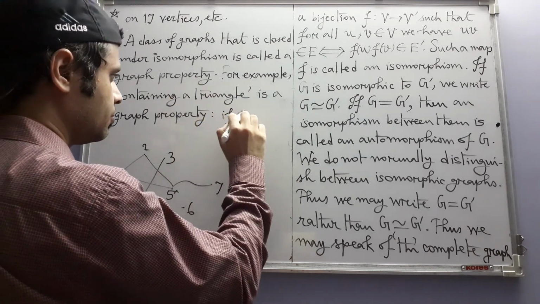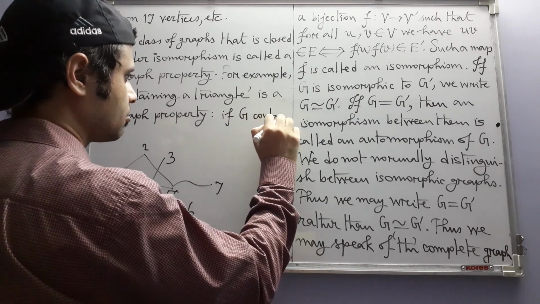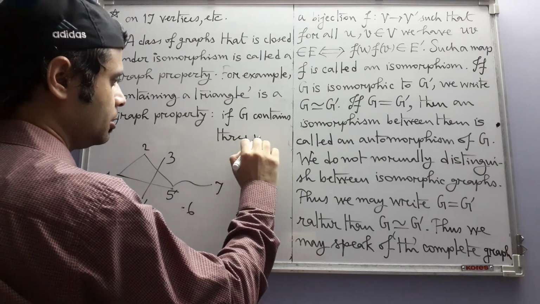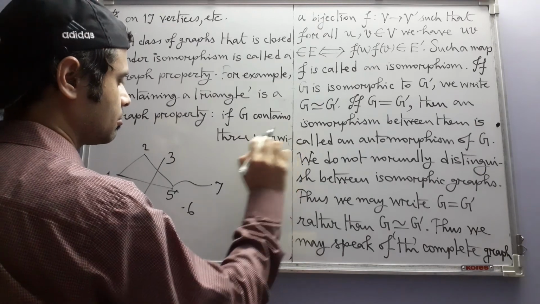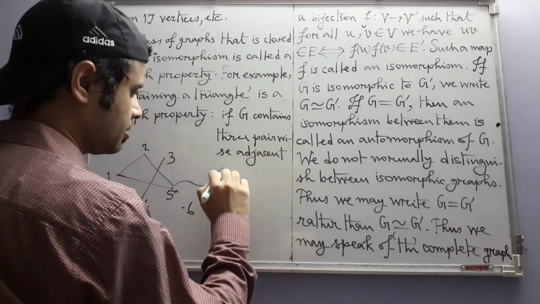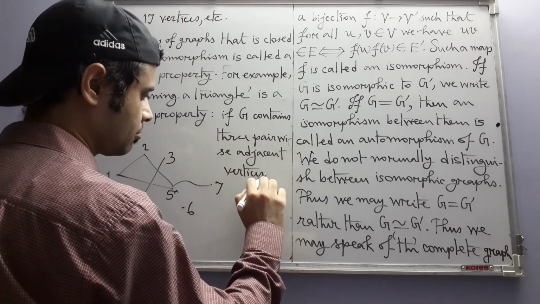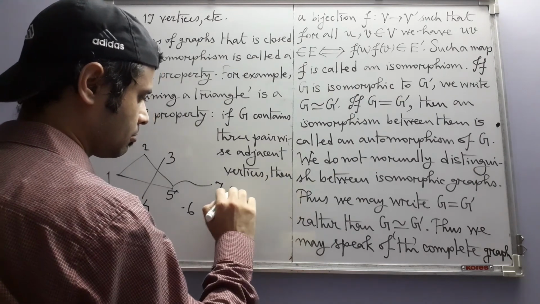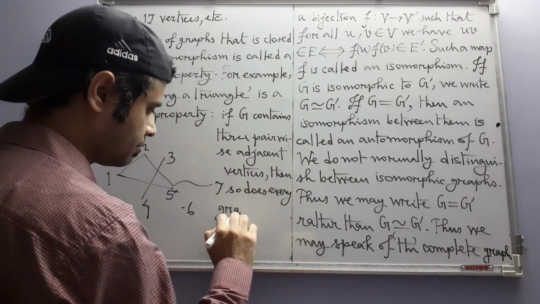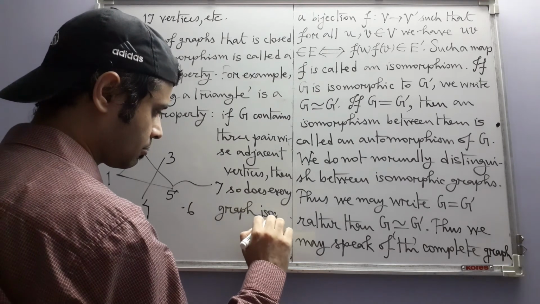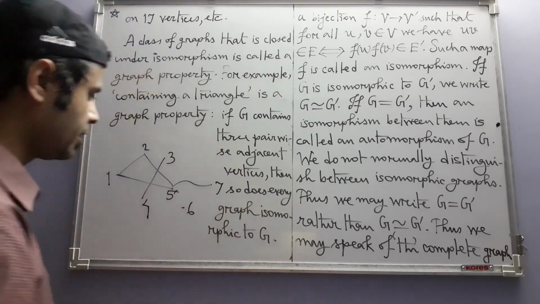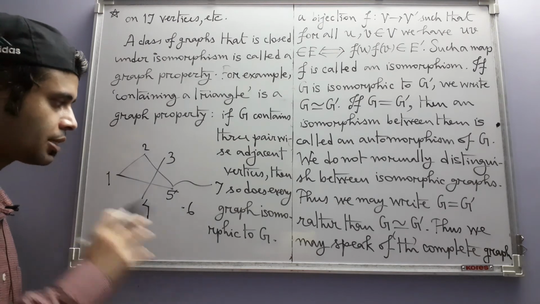If G contains three pairwise adjacent vertices, then so does every graph isomorphic to G. This is clear because if you apply an isomorphism to such a graph, this is only one